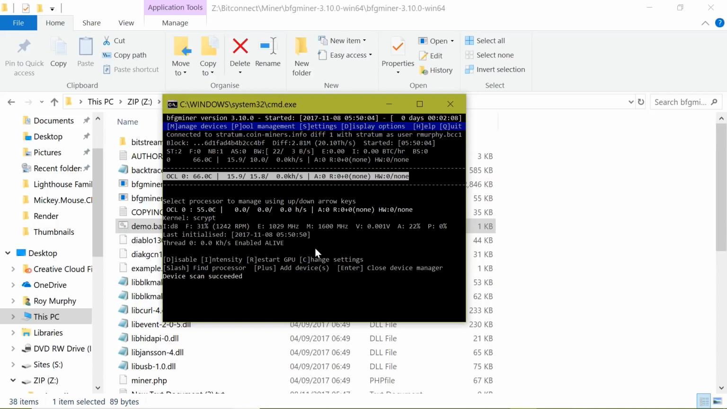Now I know I have one of the top of the range GPUs. My graphics card is a bit of a killer beast, and I've got two of them on this machine and they're both water cooled, so I can afford to knock it up a notch. Now my PC is running pretty quiet at the moment, but if I go back down to M, which is the managed devices, and then if you look over here, it says D disable, I intensity, R restart, C change settings. If I just type in I,